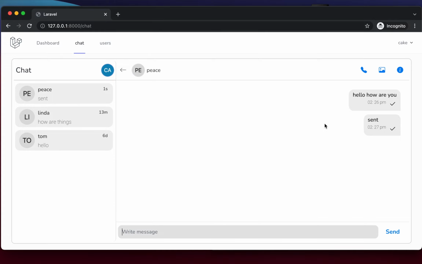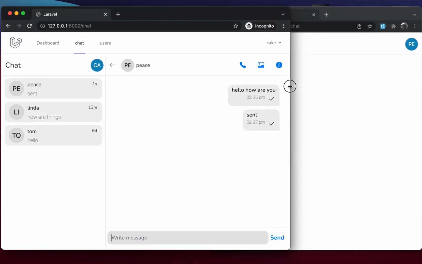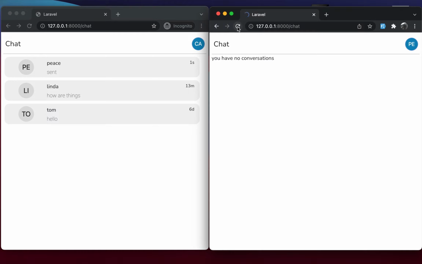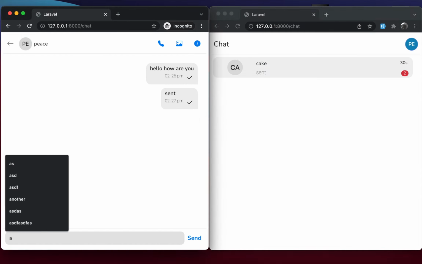Furthermore, we're also going to make our chat system responsive to work on all devices, on small screens like that, and even smaller screens. And as you can see here on this other browser, if I refresh the page for the first time, we'll see that there's a conversation with Cake, which is on this other browser, with a message sent, just as here, and unread count. So if I go back and send another message,